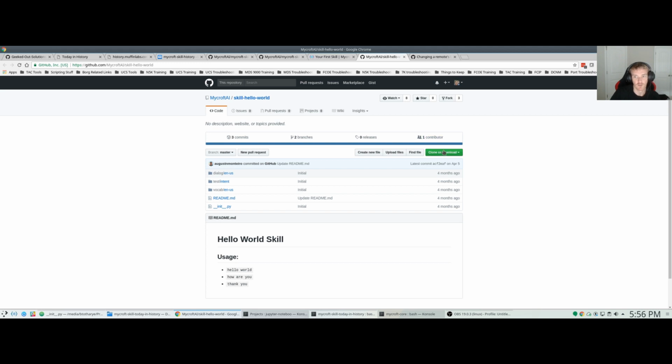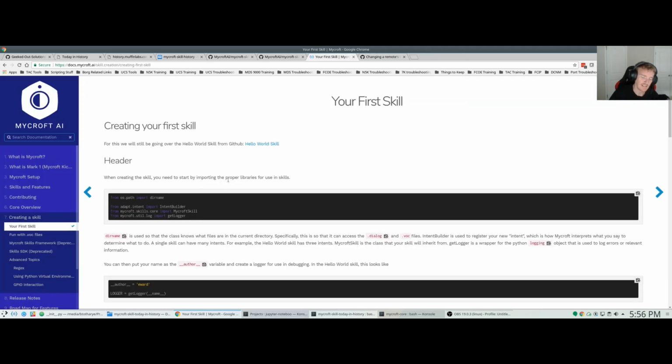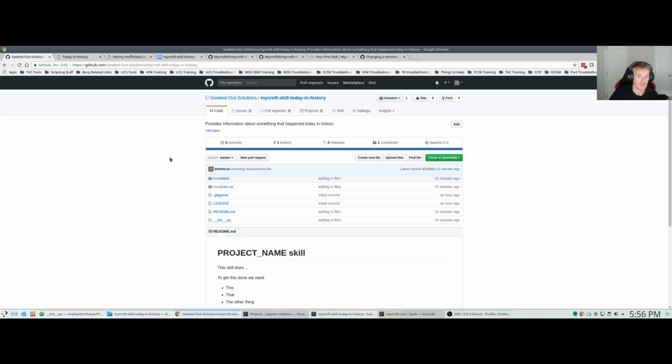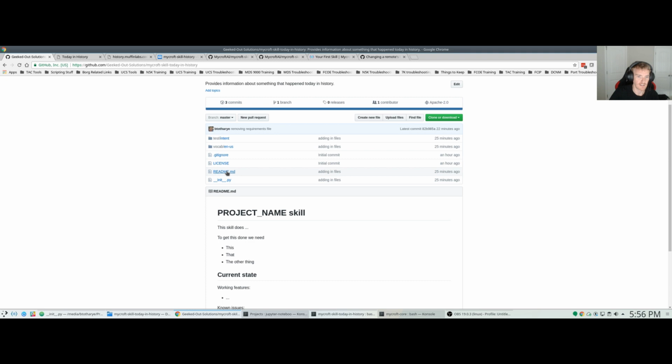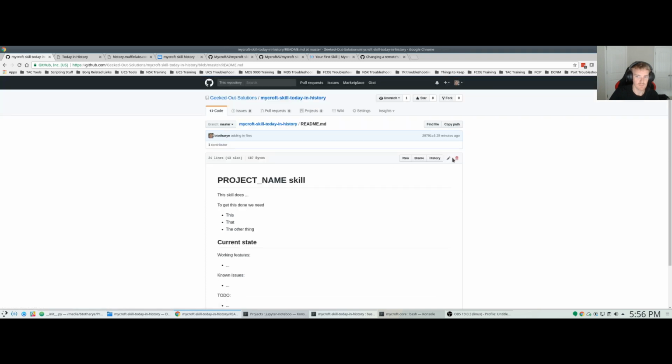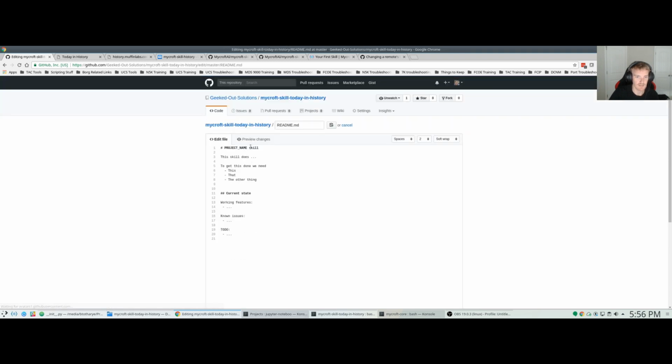So you would just clone this, download it local to your machine or whatever, modify the code however you want, and then that can be your new one that you push up to GitHub, which I'll do in a separate video coming up. So either way, this talks about the skill and how to build it. So what we're going to do here is, I've already basically built and finished it. I haven't modified the README, so we're going to just modify this real quick. This is from the template, and I'm just going to call this real quick